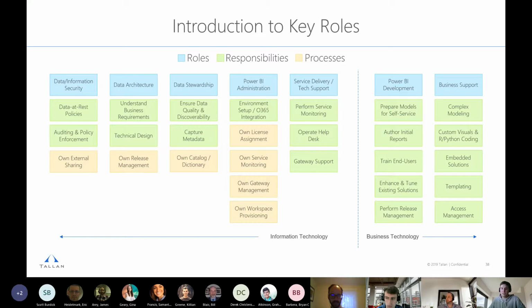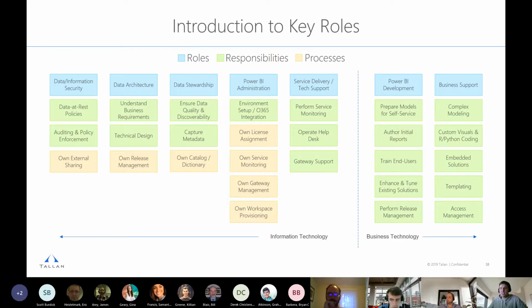So whether you're part of the business technology team and you're building the reports, you're training end users, you may be a Power BI developer. Or maybe you're a data architect and you're more on the IT side of things, where you're getting the business requirements, you're building the self-service model, and you're doing that design work.